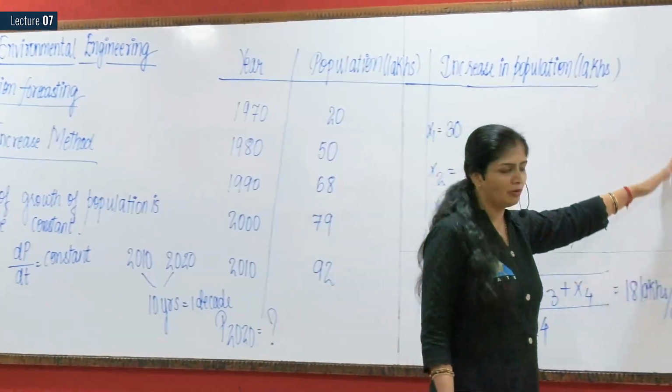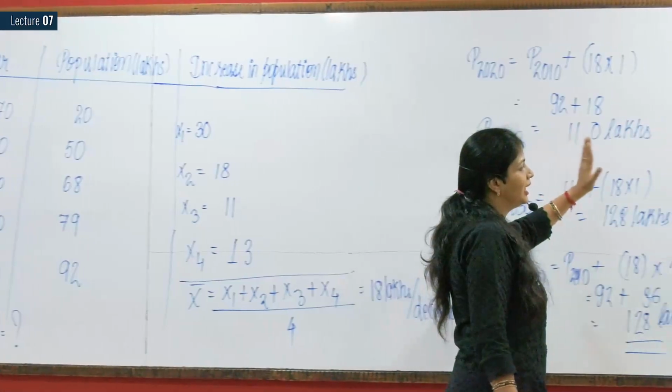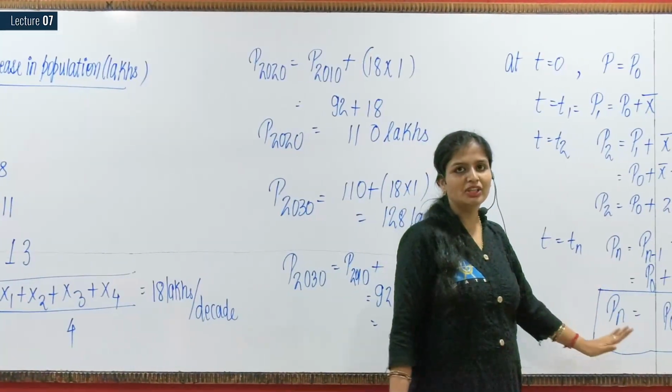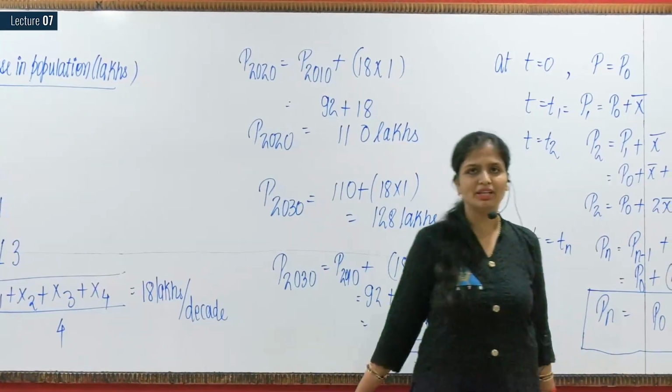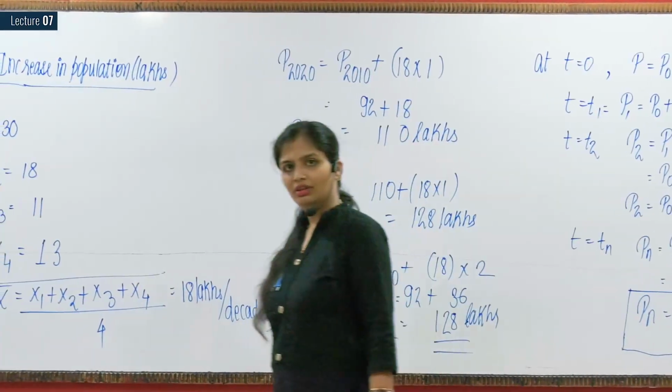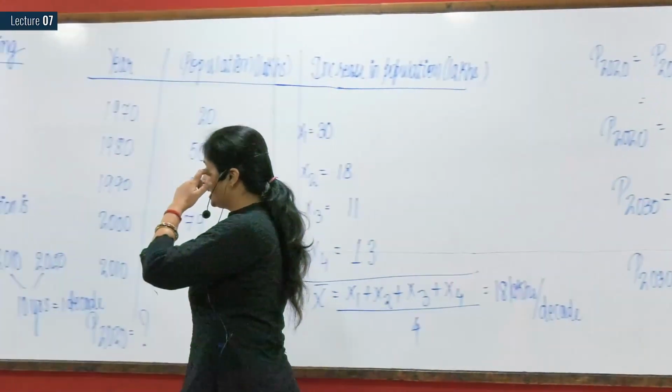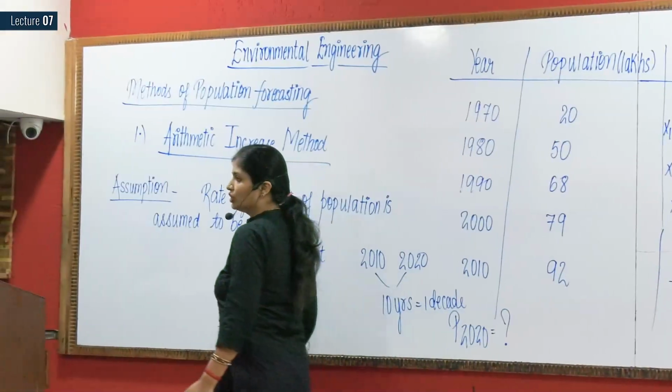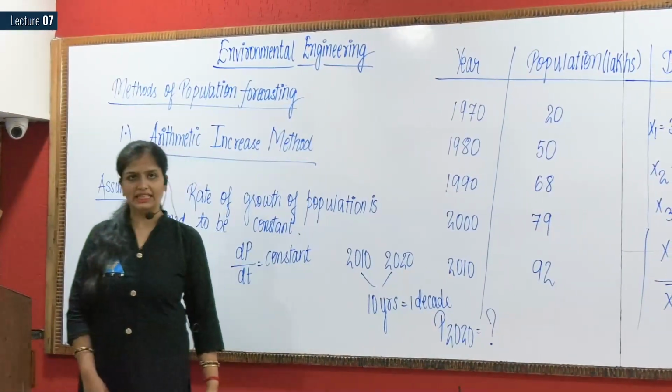I showed you with the help of example, and I showed you with the help of expression. This expression, mark it in box so that every time it comes, you're able to solve it. Right? So this was arithmetic increase method. We can solve workbook questions, and then we'll be doing geometric increase method.